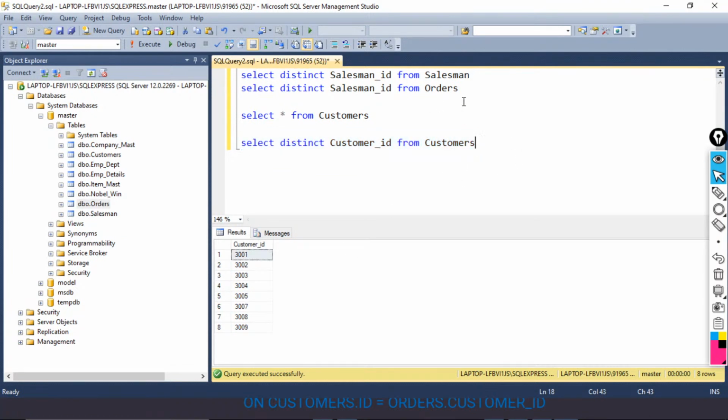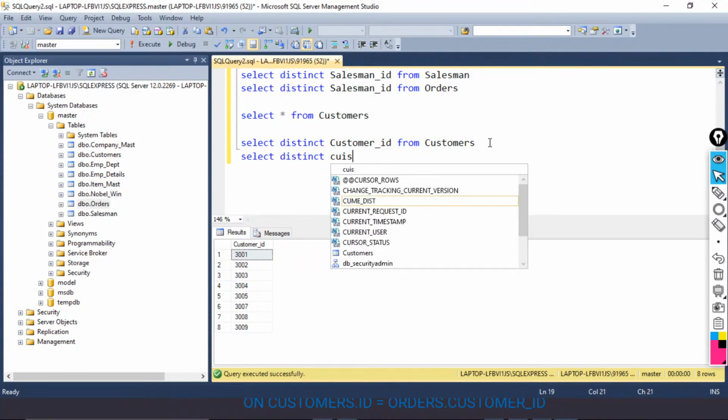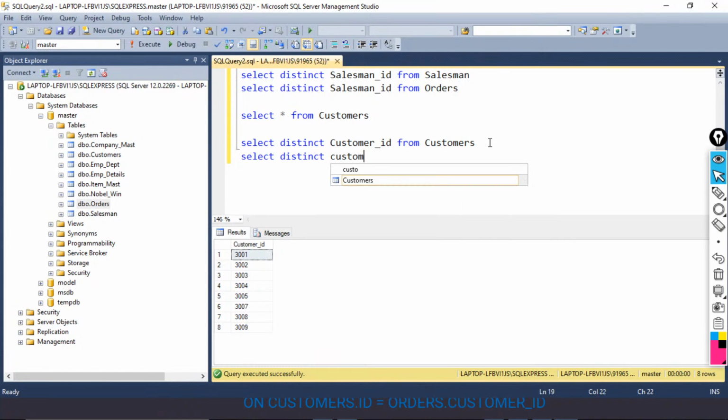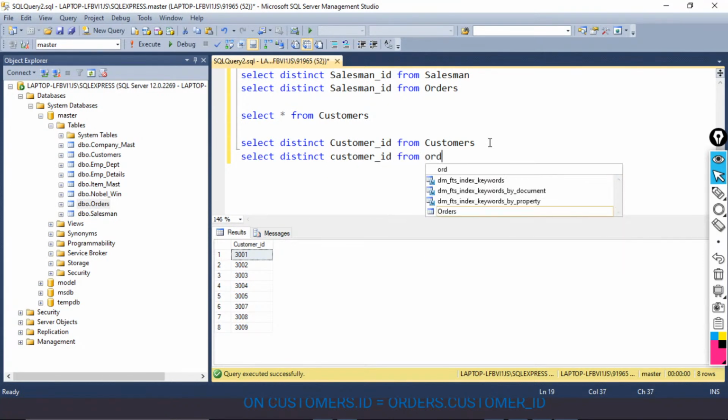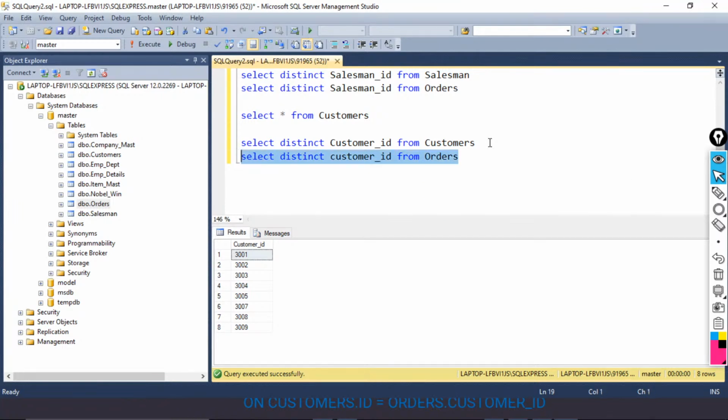We have 8. So I will check the same thing from the orders table also. In the orders table also we have customer ID. So I'll check customer underscore ID from orders. Here also we have 8. So what I'm going to do is write an update query to change the values in the orders table. So update orders, set customer ID equal to